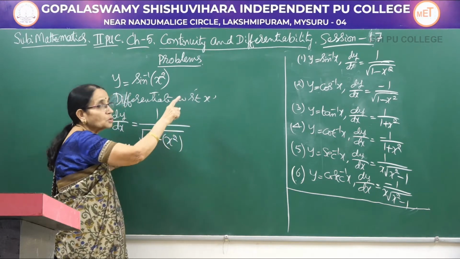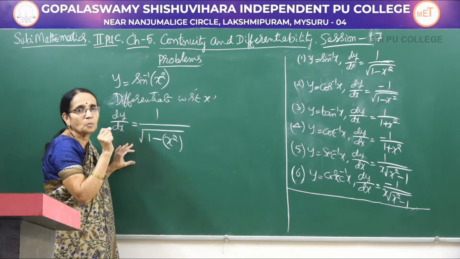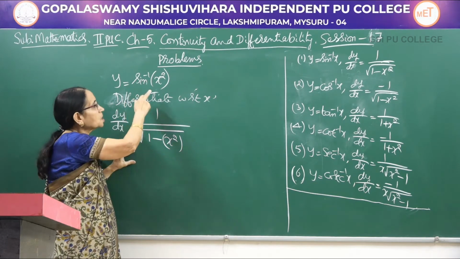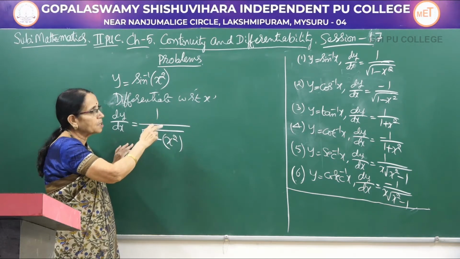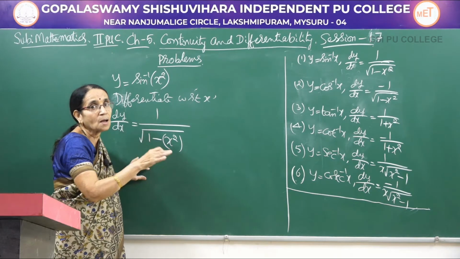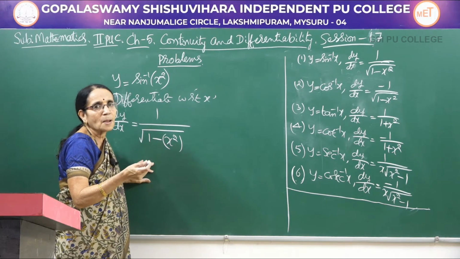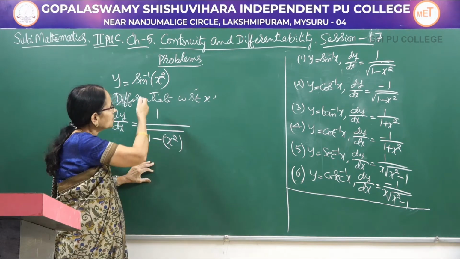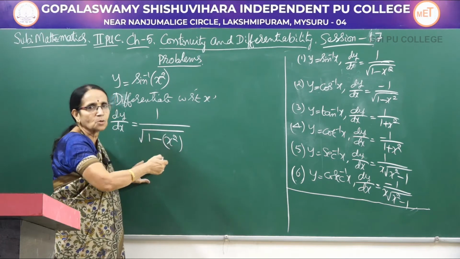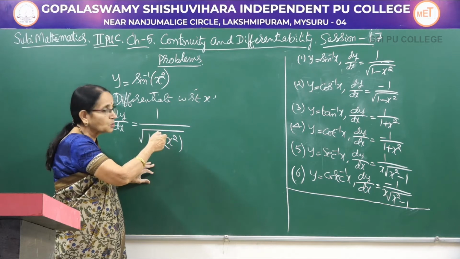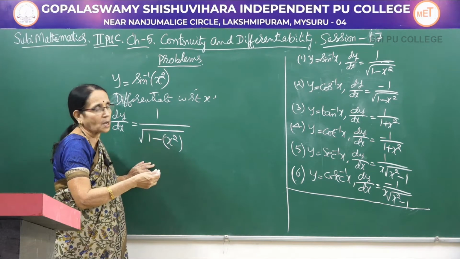Otherwise, I told you, you have to make an assumption. Let x square be equal to u and du by dx you have to calculate. This becomes sine inverse u and 1 over root of 1 minus u square into du by dx. What we did in the earlier sessions, that is to find the derivative of the composite function. Whereas all these problems usually are expected for 1 mark question. So, within 1 or 2 steps now you have to write the answer. Otherwise, if you show all the substitution, it may take more time here.